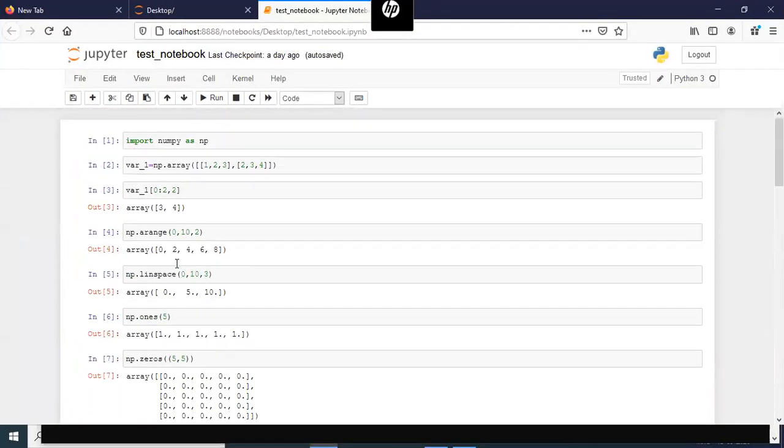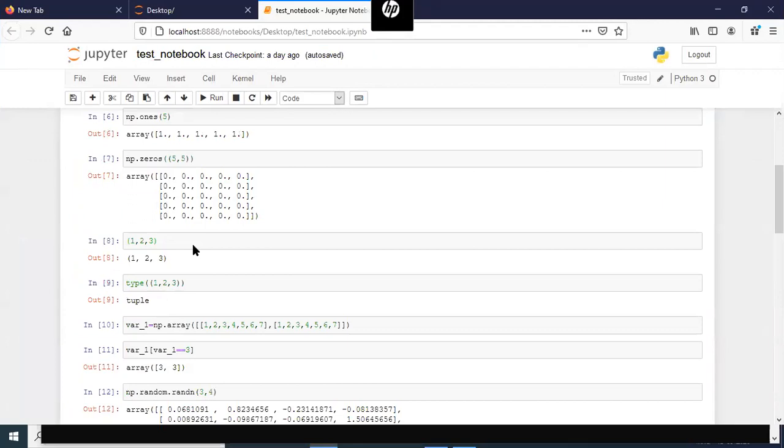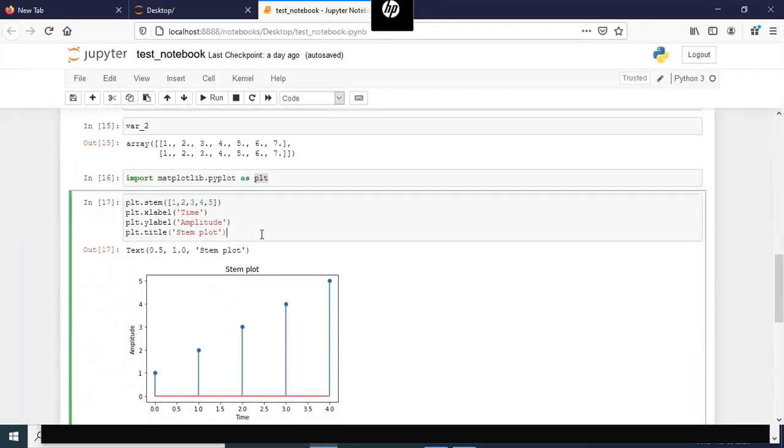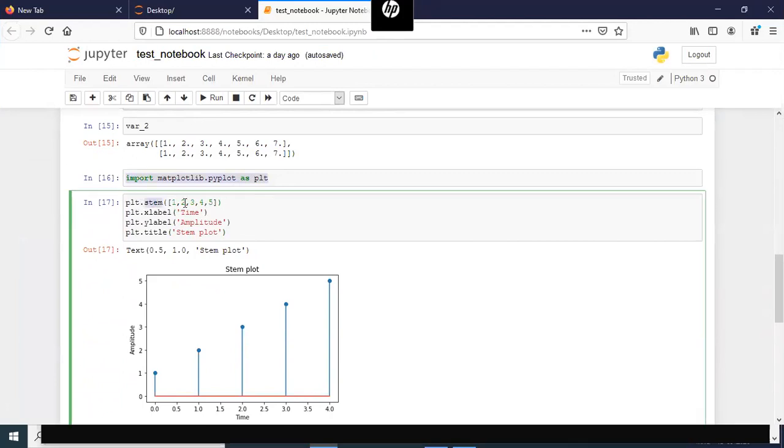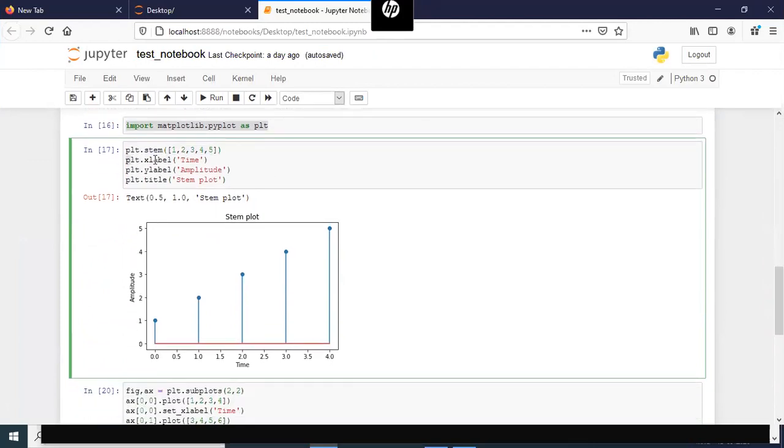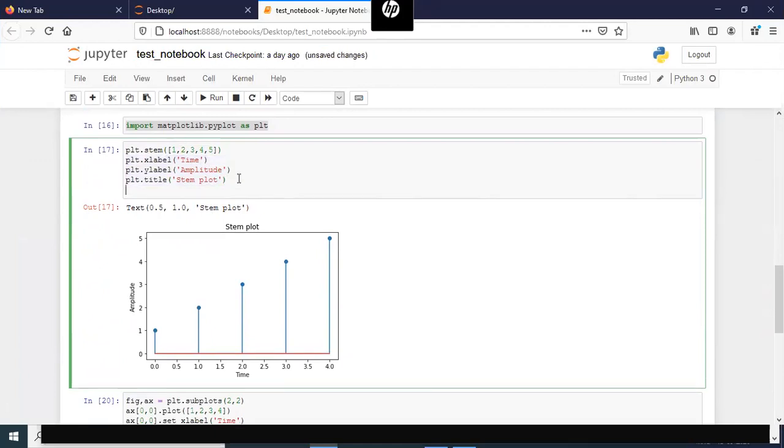I hope people have this notebook from yesterday and you're able to plot something and save it, but otherwise we can wait if you want to try something simple. For example, you can try the import matplotlib line and then plt.plot or stem, whatever, and give one array. You can even skip the X label, Y label and things for now and just try plt.savefig and give a file name. That should save the plot.